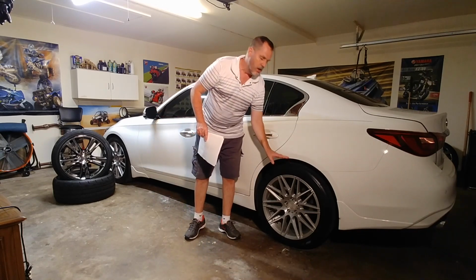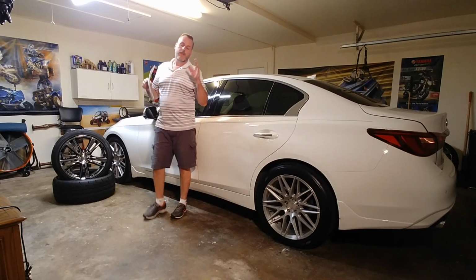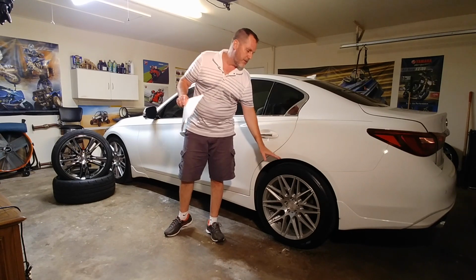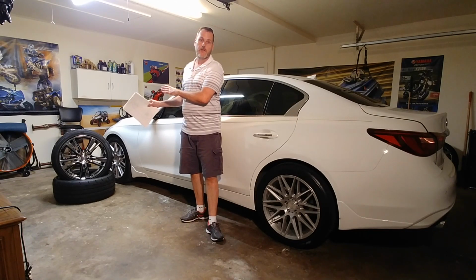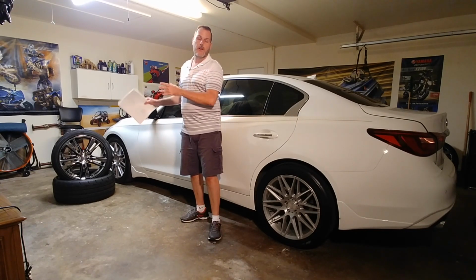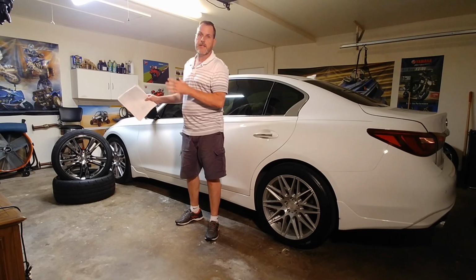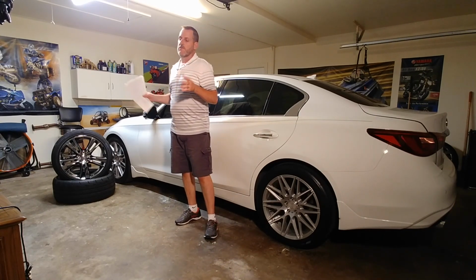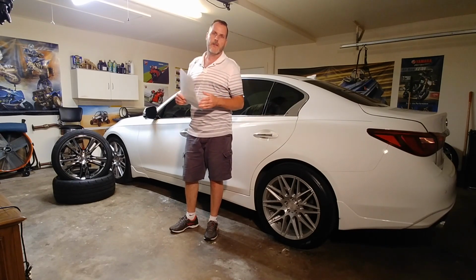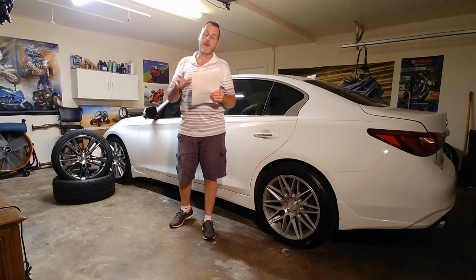So I had this Nitto on these wheels before. I had the 275s on the 8.5 inch wheel, and people looked at me and sent me messages and posted remarks that I didn't know what I was doing and I was foolish for putting a 275 tire on an 8.5 inch rim and expecting anything. Waste of time. How dare you crucify me? It was just some people. Most people didn't, but some were pretty harsh on that, and I don't let it bother me. Anyways, I knew that a 275